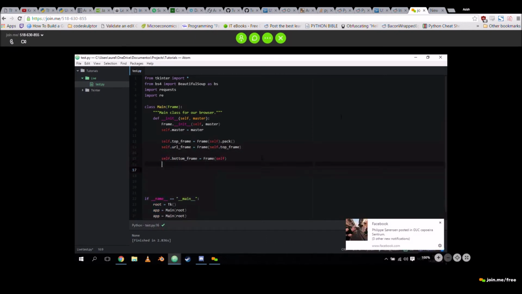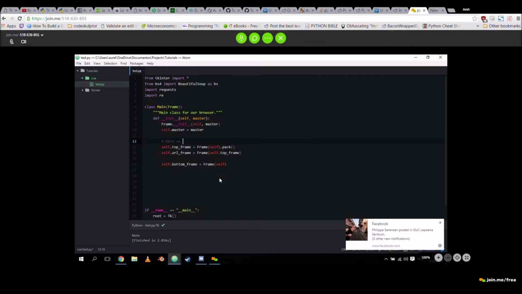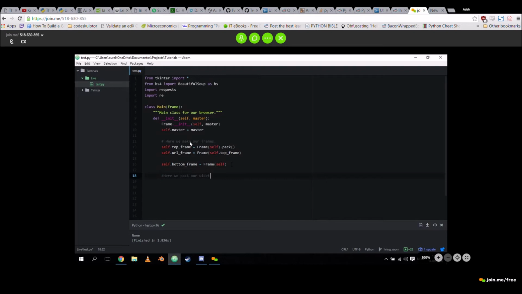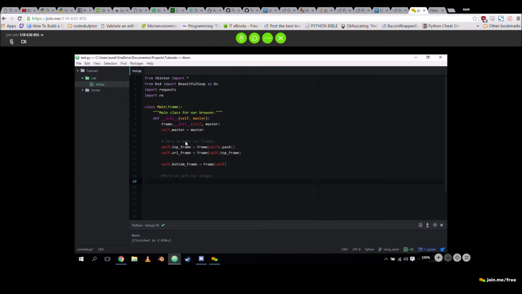We have to do it in its own pack section. So let's make a little separation like that. I like to do stuff like that with comments.